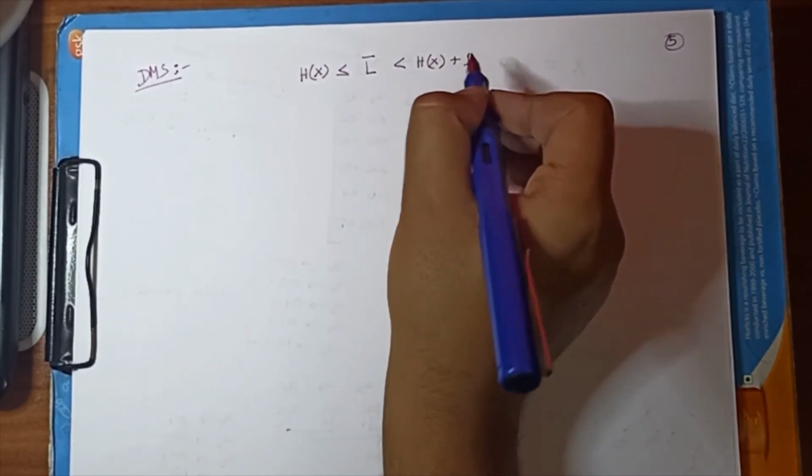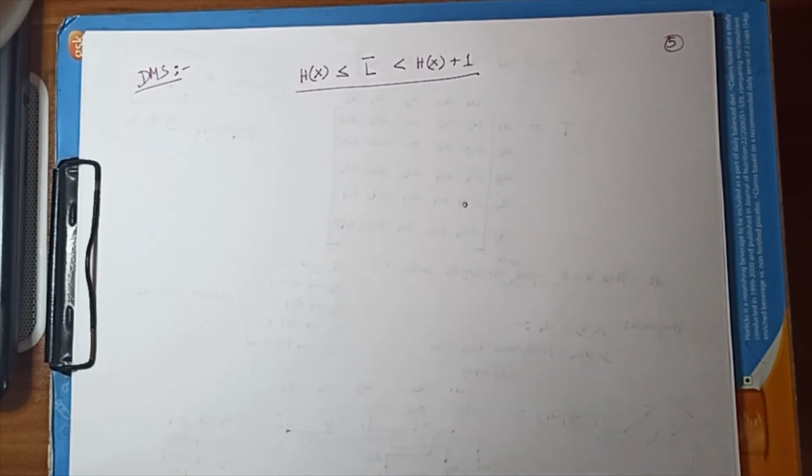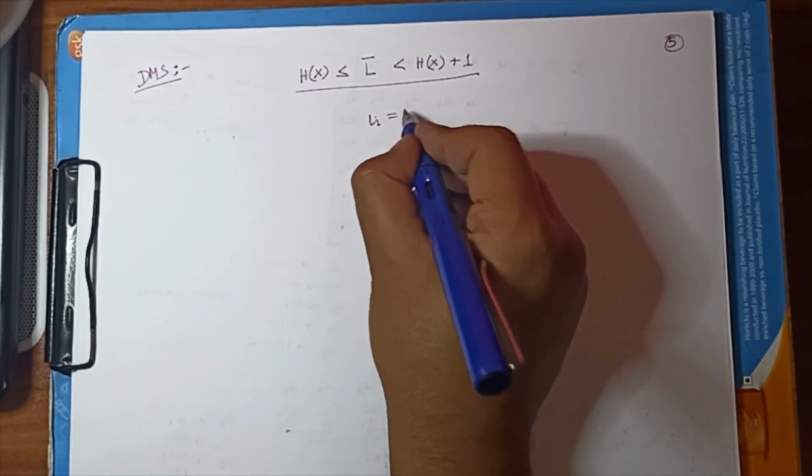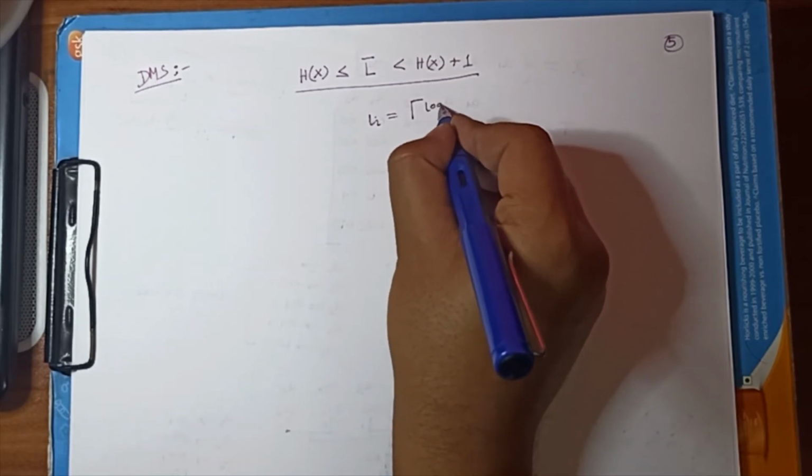Now we have understood that if you try to find the code from the Kraft inequality, the problem which happens is with the corresponding probability values, when you are trying to find the length using this equation,